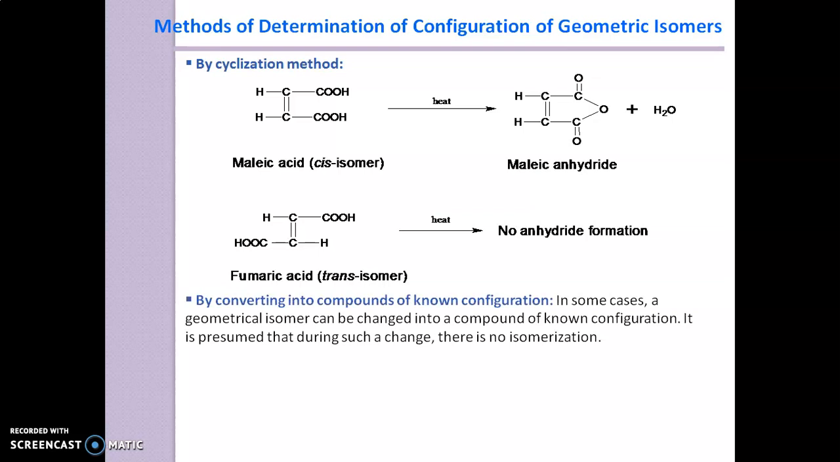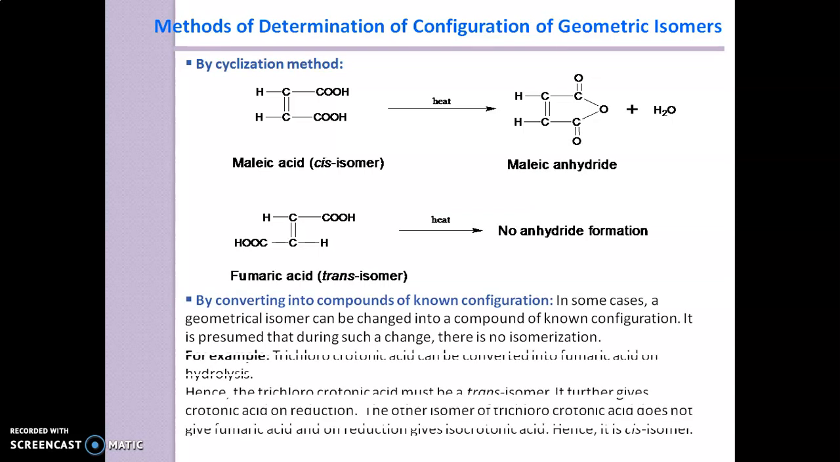The second method is by converting into compounds of known configuration. In some cases, a geometrical isomer can be changed into a compound of known configuration. It is presumed that during such a change there is no isomerization, which is a very important point. For example,